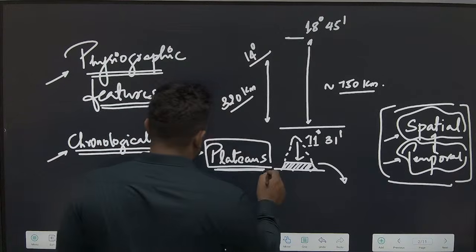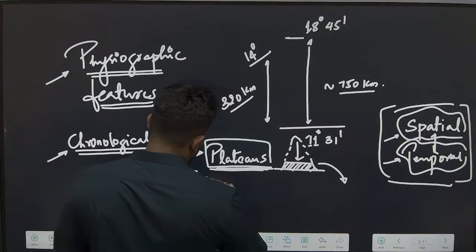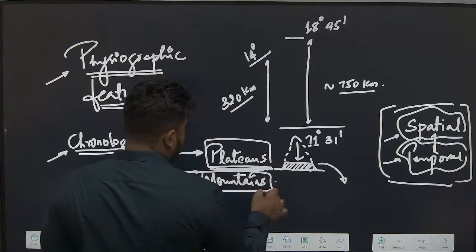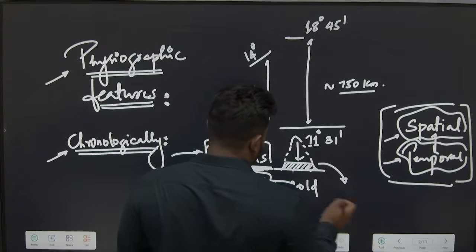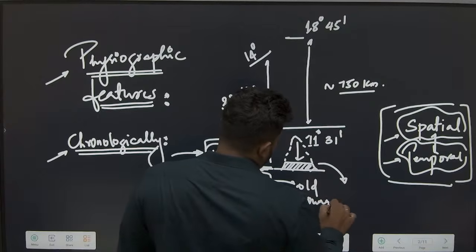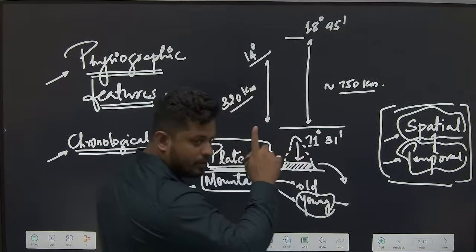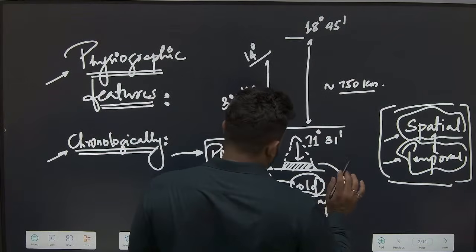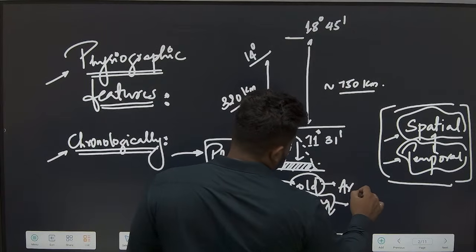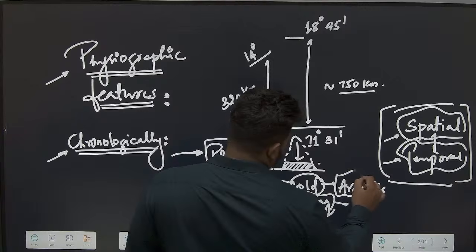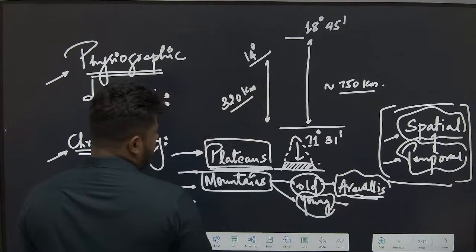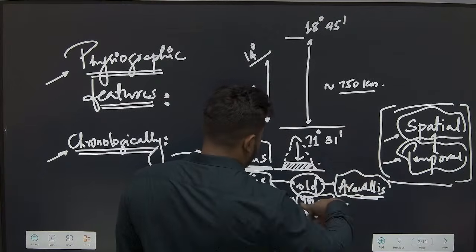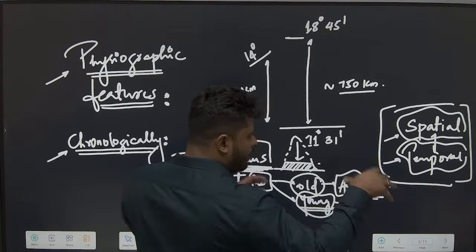So the plateau is the earliest formed, followed by the mountains. The mountains have been formed in the later stages. We can categorize them as old mountains as well as young mountains. Himalaya is an example of a young mountain today. Young mountains will be very tall. Comparatively, old mountains which developed much earlier will not be that tall. For example, the Aravalis in India. The Aravali ranges are an example of an old, relict mountain. So its height will not be that tall. But comparatively, younger structural landforms that have been built up are very tall.